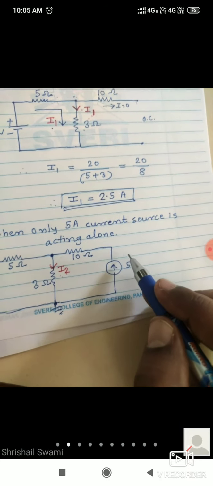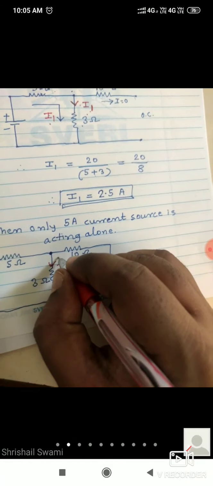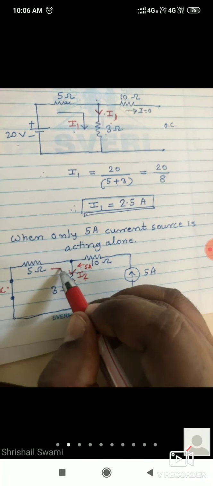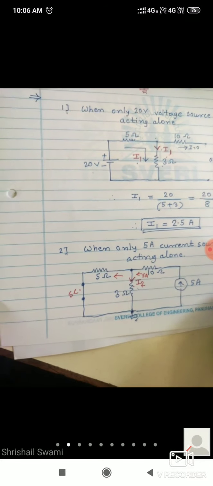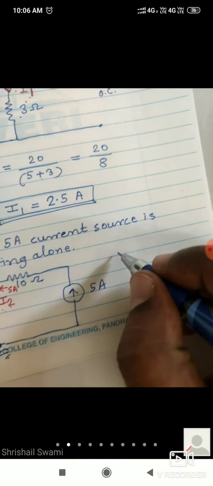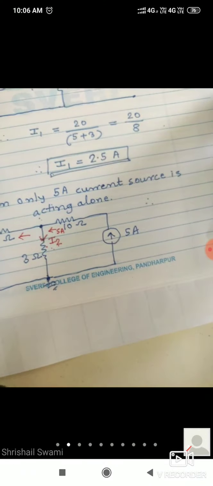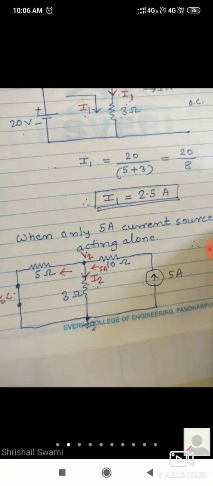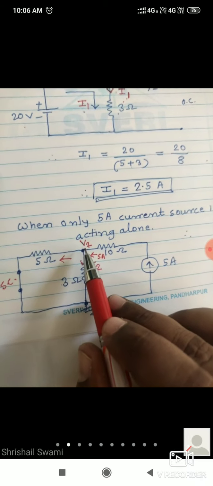Okay. Now 5 ampere is incoming. This will be the 5 ampere. This will be the I2. And this, if we don't know, mark the outgoing current. So here we will apply nodal analysis. I will call this voltage, what shall we call it, V2, because here it is I2, so we name it V2. Whatever name you can give, V1, V2, V3, Vx, Va, whatever names we are giving.